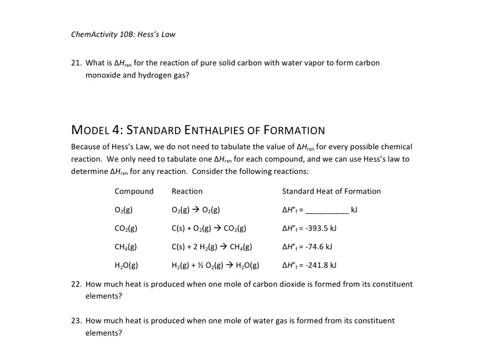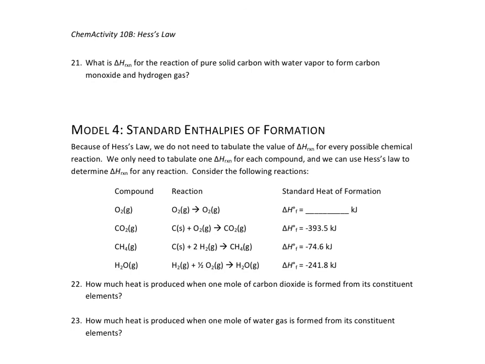Now what is delta H for the reaction of pure solid carbon with water to form carbon monoxide and hydrogen gas? Well, what we learned earlier is Hess's law says that if we have an overall process, which is what we just determined in question 20, then the enthalpy change for that process is the sum of the enthalpy changes for all the individual steps. So let's go back to question 19, write down what those are,